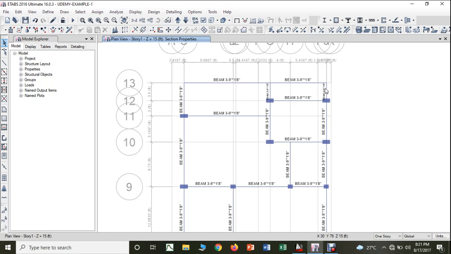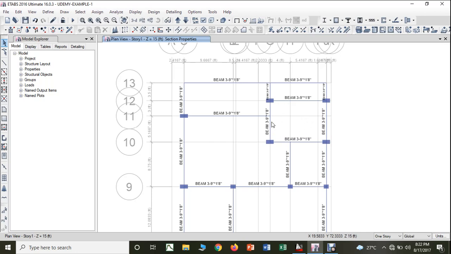Okay, yes. Now let us go to this beam. This is a very large beam, so we can keep this as beam number 3. And since this is a secondary beam and this is the primary beam, even though the area of the load coming on this beam is less, I cannot make this beam number 2, because